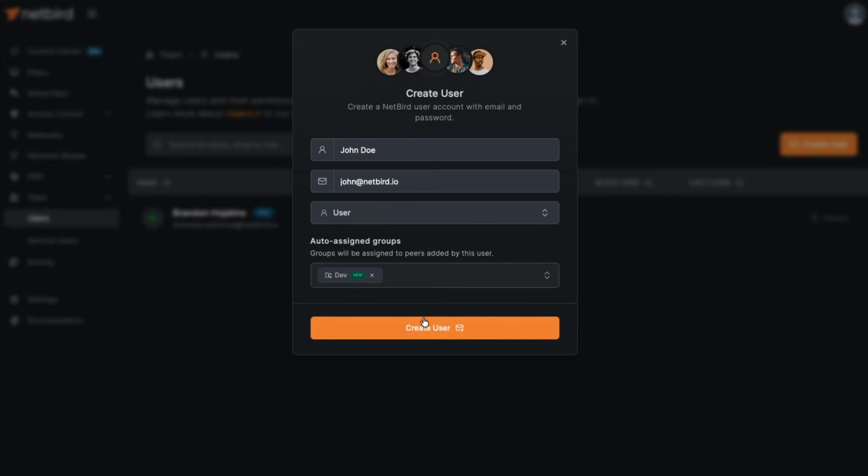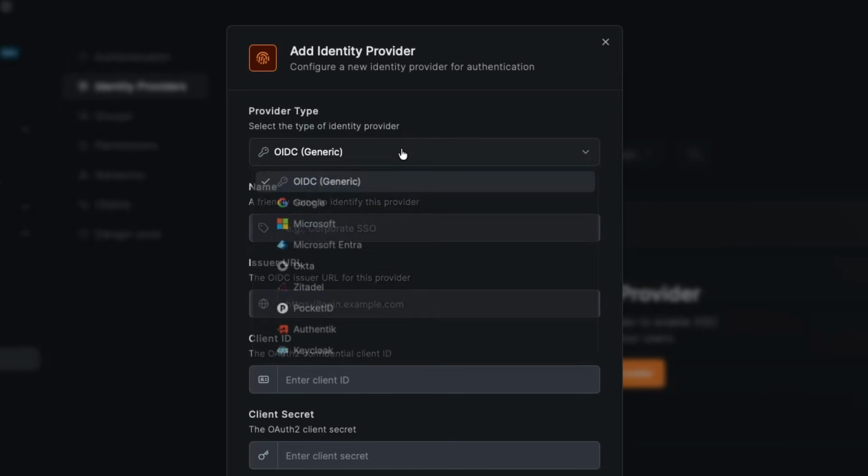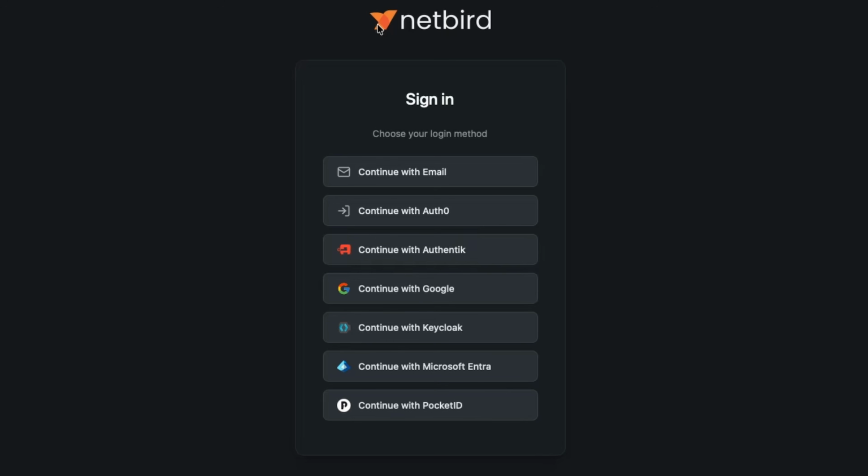And now when you self-host NetBird, you have the ability to create local users, all 100% managed directly through the NetBird management dashboard, completely removing the reliance on an external identity provider. But it does get better, and that is because adding external identity providers is so much easier. Basically, any OIDC compliant provider can work directly with NetBird, and you can add these providers directly through the NetBird